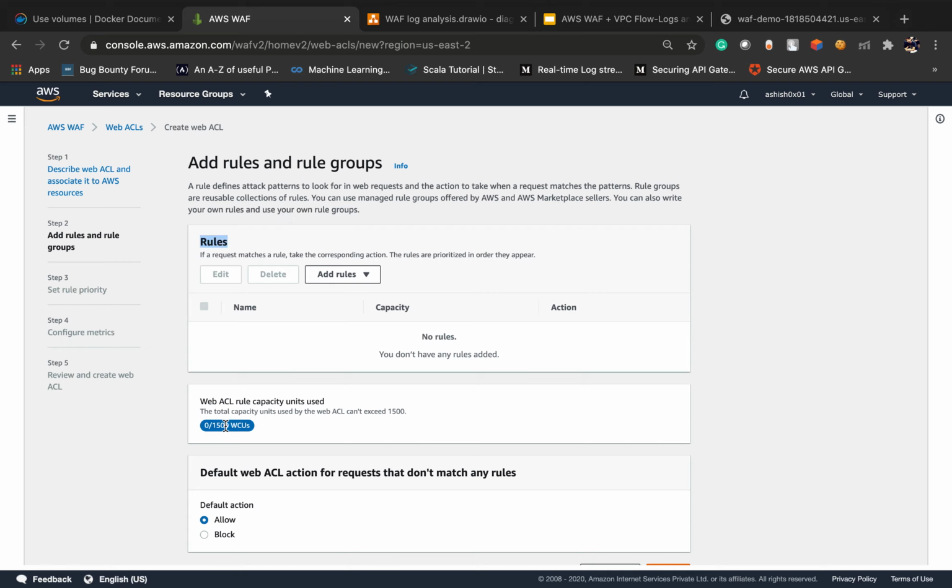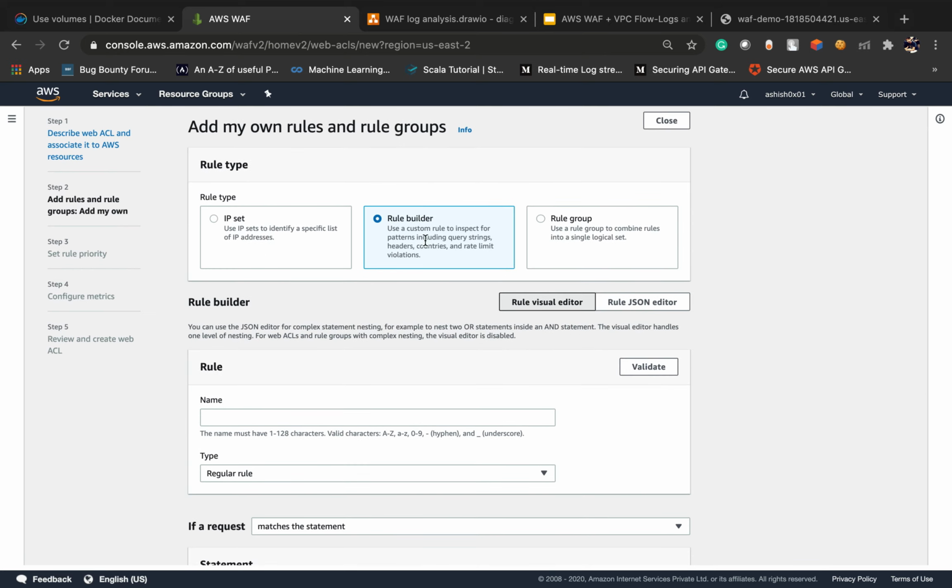By default you can only use 1.5k WAF rule capacity. WAF will not allow more than this, because if you are applying lots of filtering for your web application, a user will face high latency reaching your web application. In rules, we can add our own rules.